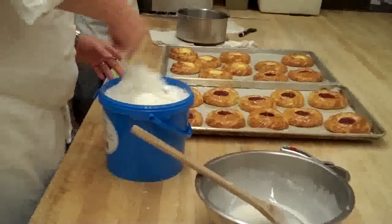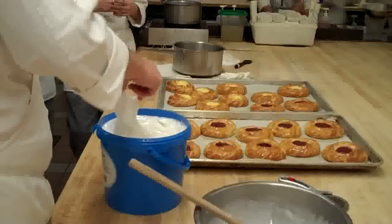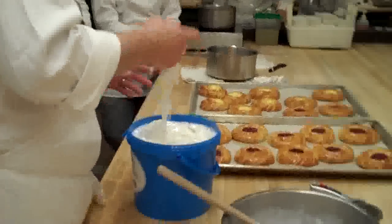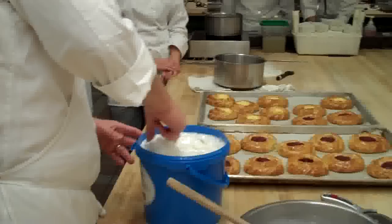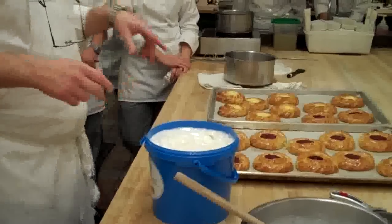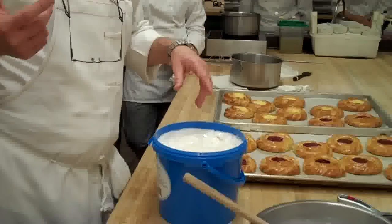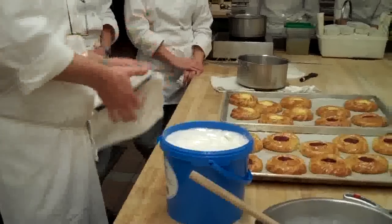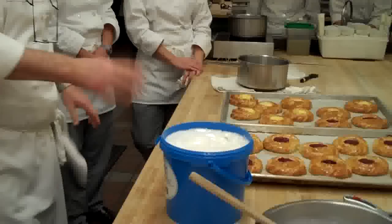So this is the fondant icing that we're going to put on top of our Danish. It's not the same as an old fondant. It's nice and soft. This year we won't really need to knead. The one out of the last bucket, was that the last of it? Yes. Okay, that was a little crusty. So that one we had to knead a little bit to get it all soft and